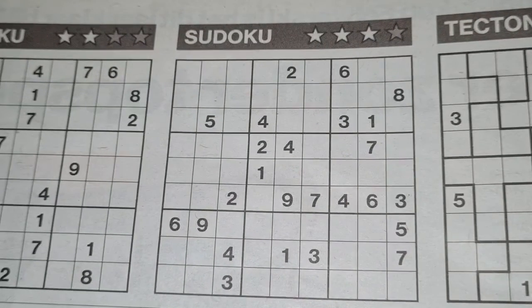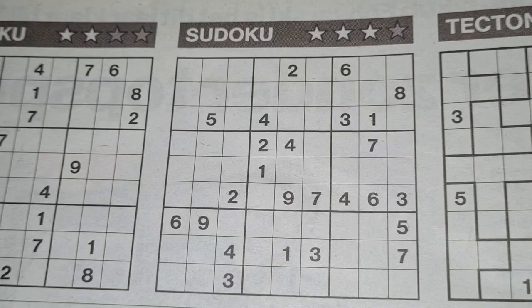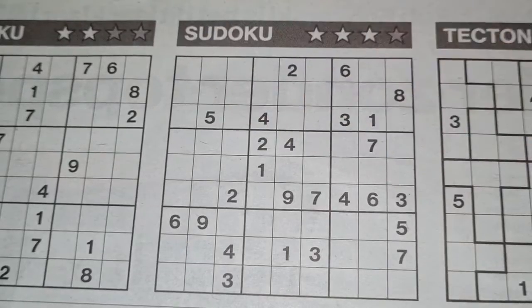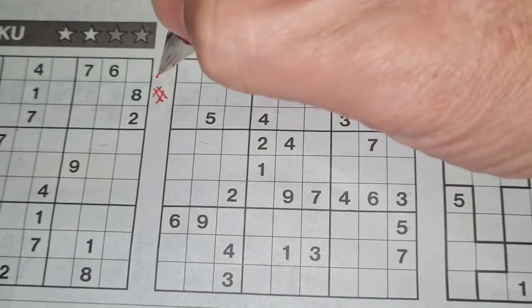Half of them, yes, because it's too much for me, time consuming if I do them all, because I need the same time for uploading it to YouTube. And for each puzzle, I need 15, maybe 20 minutes. If it's a hard one, maybe a half hour. So only three of them. And the first one I will do is a 3 stars Sudoku, a number